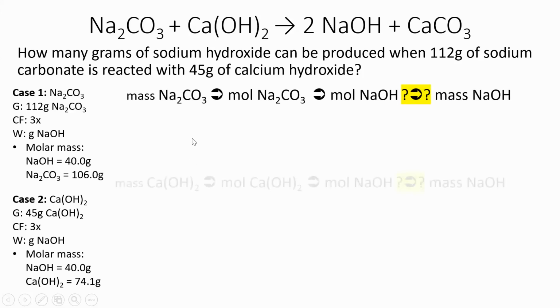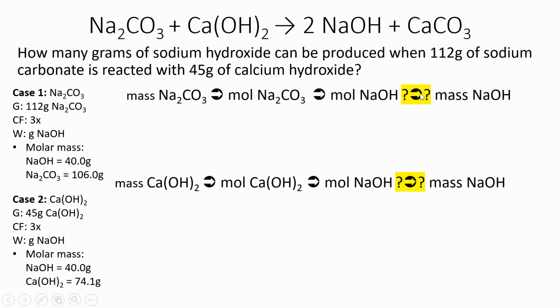So here are two ways to map it out. You'll notice I've highlighted the step here. That's because we're going to pause just after we get moles of sodium hydroxide. Then we're going to just go on whatever path makes less. So whatever one has less moles is the one we'll use to get our final answer because that's the limiting